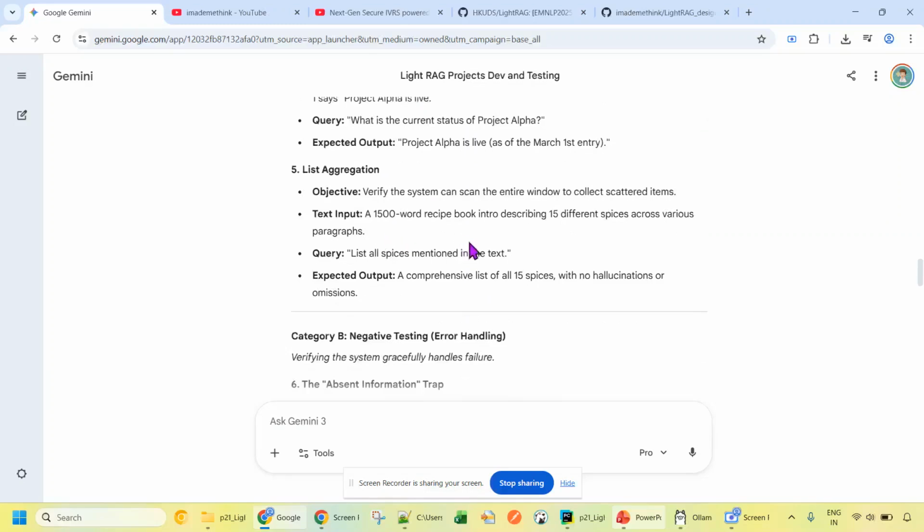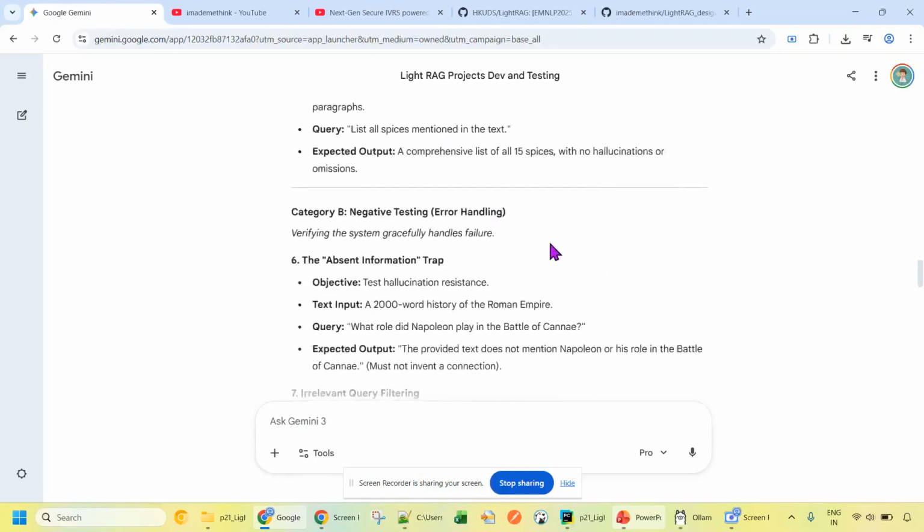List aggregation. So there is a recipe of, let's say, pizza. It is a 2000 word recipe, and what I want is basically to start the pizza preparation. I want to know, list all recipes mentioned in the text, so it has to extract that using LightRAG. Negative test cases, again,